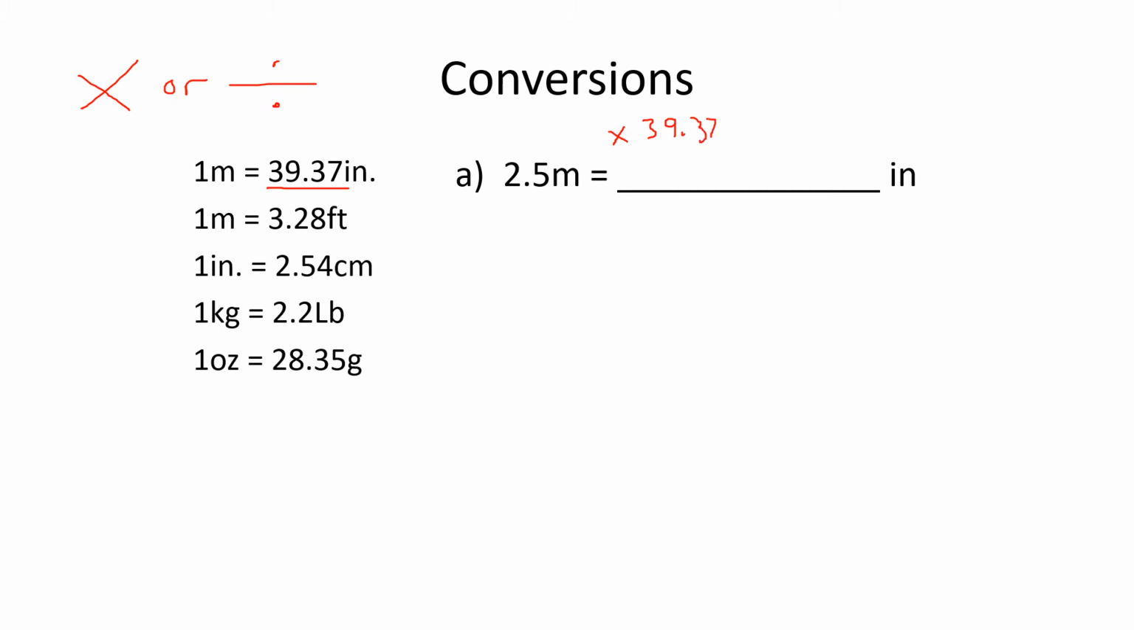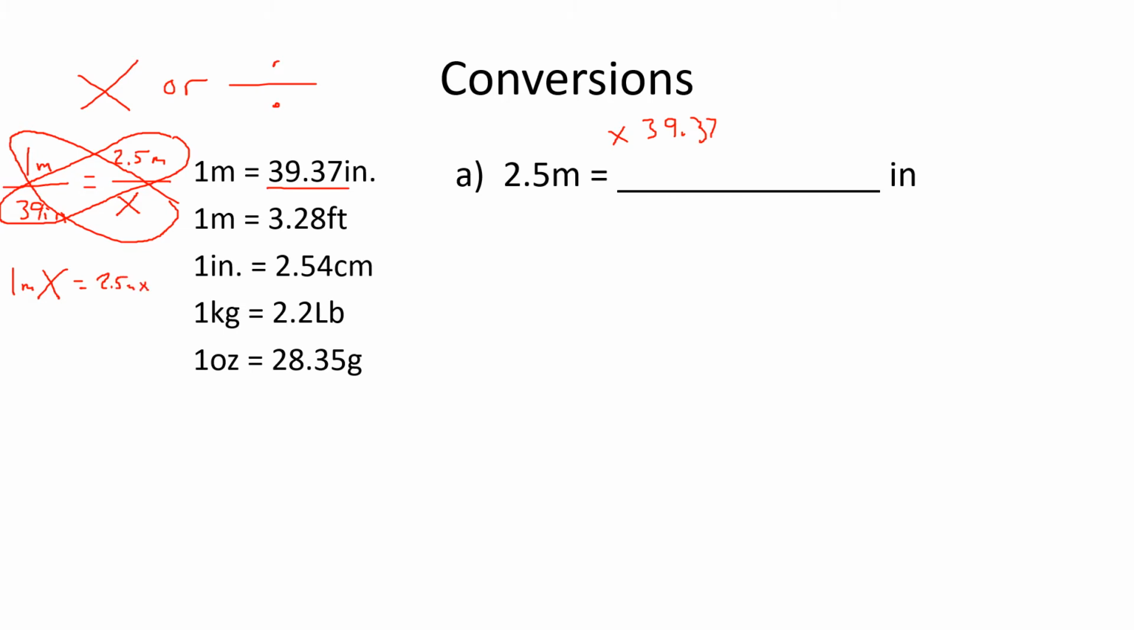So you guys know how to set up proportions? Left wing equals right wing. So if I have 1 meter, then that's equal to about 39 inches, then I know for 2.5 meters, that's going to equal X inches. Do you guys remember doing cross multiplying? Then this wing is equal to that wing, right? So 1 meter times X equals 2.5 meters times 39 inches, right? So for this one, all you do is multiply. You take 2.5 times,